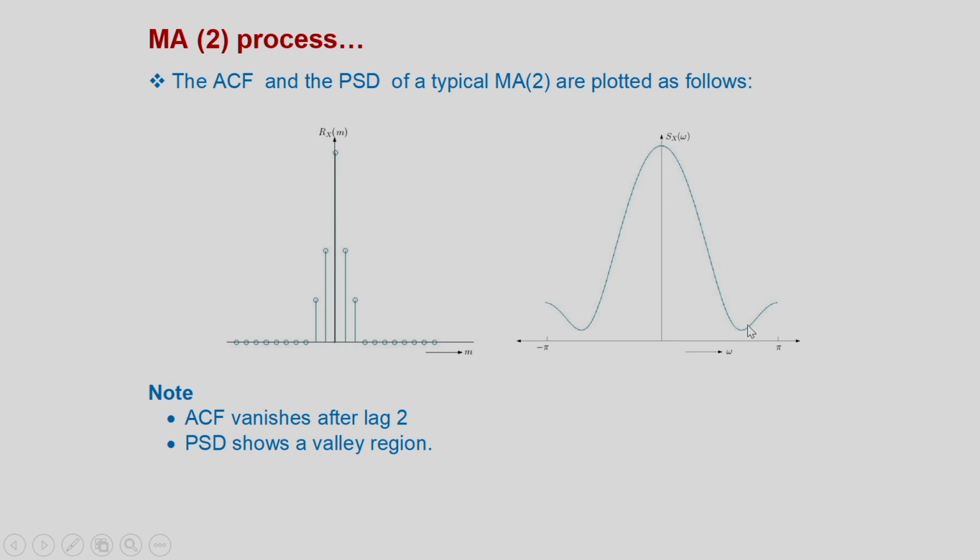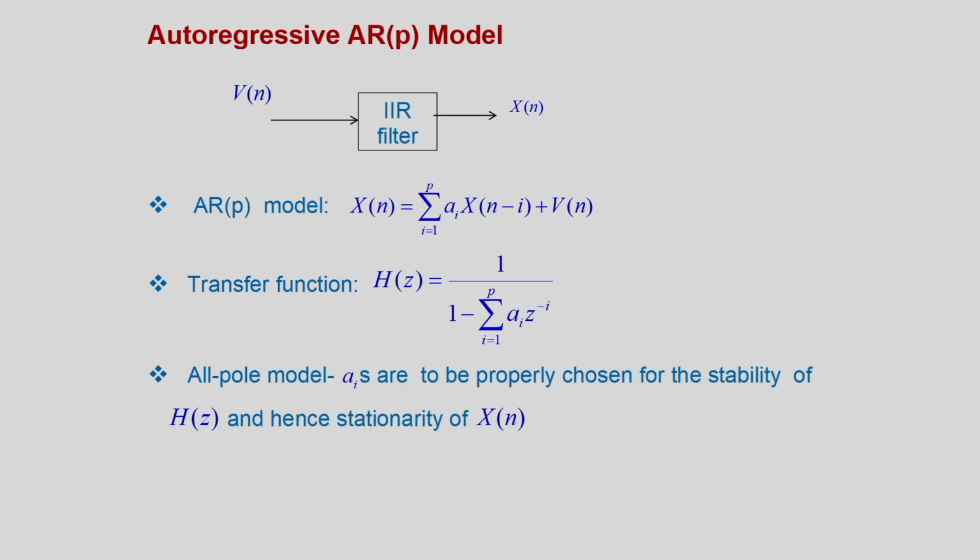So, if your observed spectrum has this type of behavior, then we can model it by an MA(q) process. We discussed the moving average process, and now let us see what an autoregressive model is. Autoregressive AR(p), an autoregressive model of order p. In this case, the filter defining the random process is an IIR filter